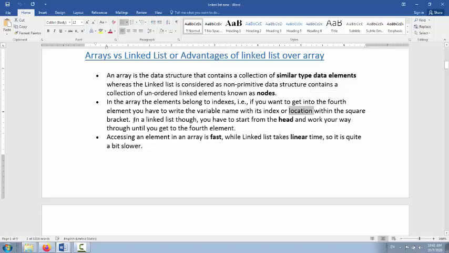You can directly access the array element, but inside the linked list we have to traverse to the node. If we want to get the fourth element, then we have to traverse from the head node, through the first node, because the fourth node is not directly accessible here. So that is a disadvantage of the linked list and an advantage of the array.